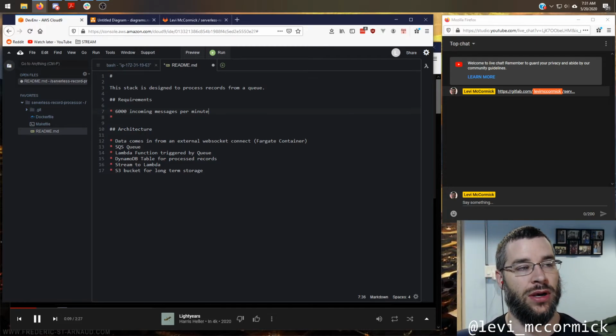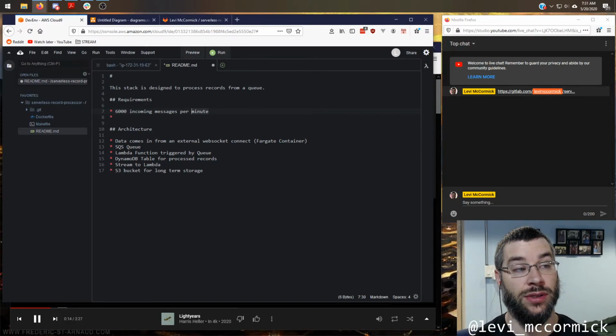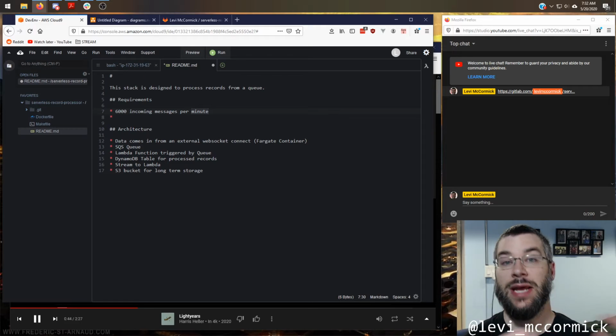I like keeping it on a minute because a minute is the smallest granularity you can base a cron job on. A lot of people who've been in the computer industry for a while use cron to trigger things, and 1 minute is the smallest interval you can program into an actual cron statement.